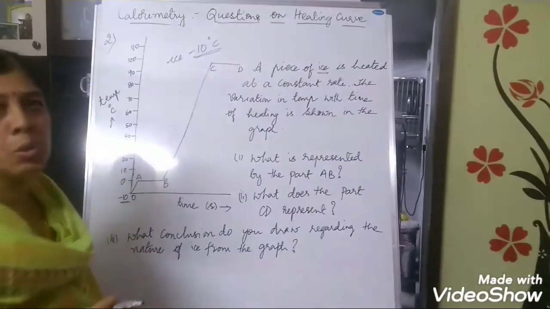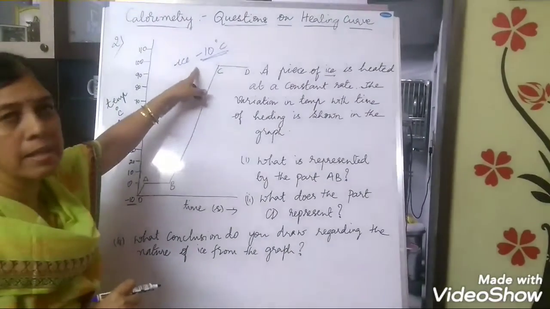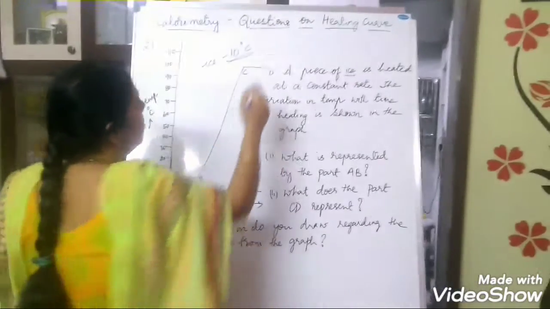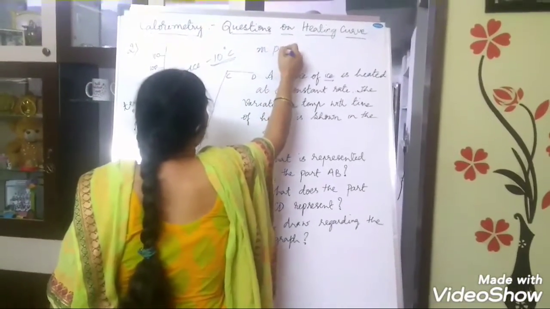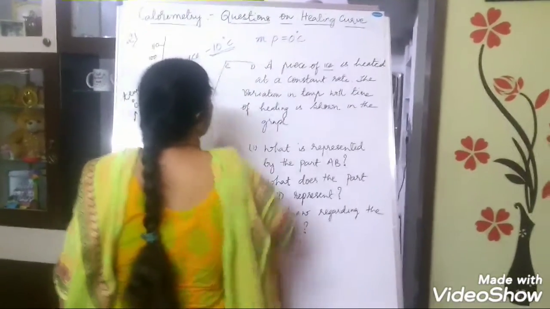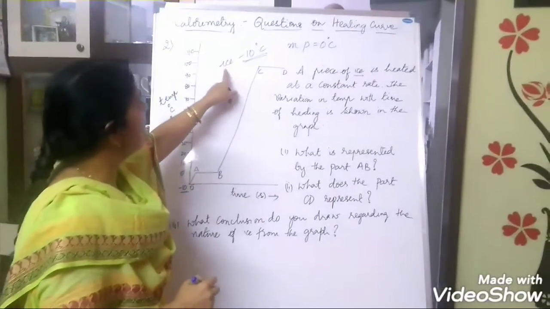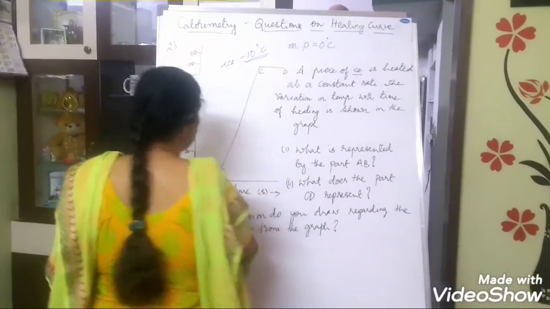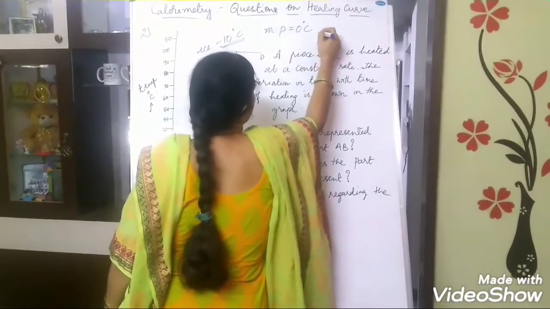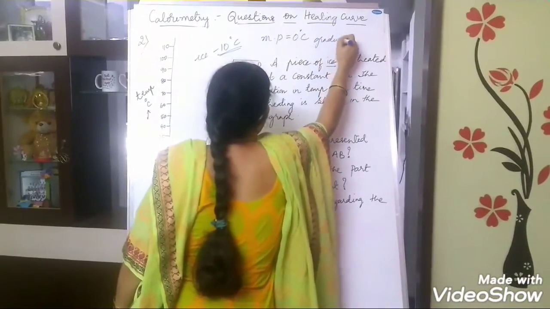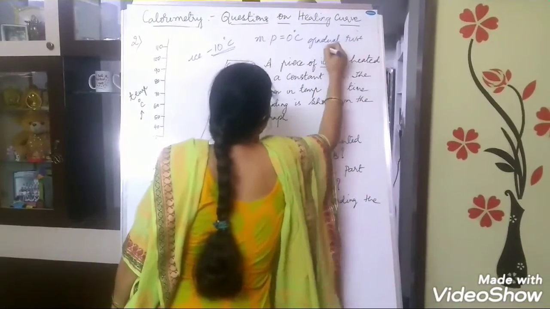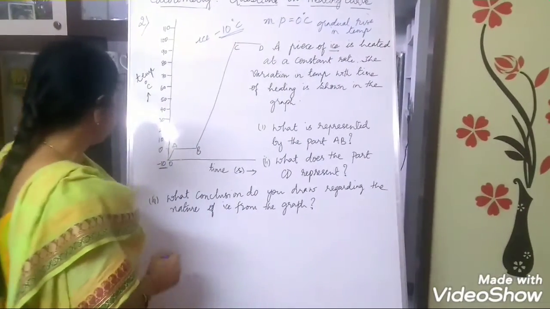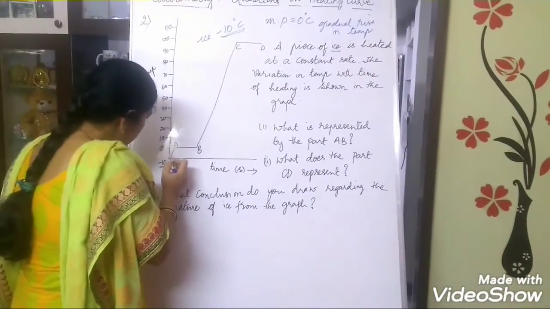When you supply heat to ice which is at minus 10 degrees Celsius, immediately the ice doesn't melt because the melting point of ice, as we know, is 0 degree Celsius. So, when heat is supplied to the ice which is at minus 10 degrees Celsius, first there will be gradual rise in temperature. If you observe the graph here, you can see there is a gradual rise in